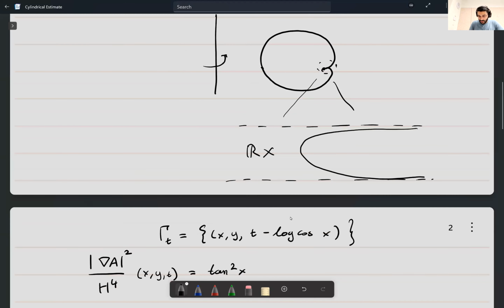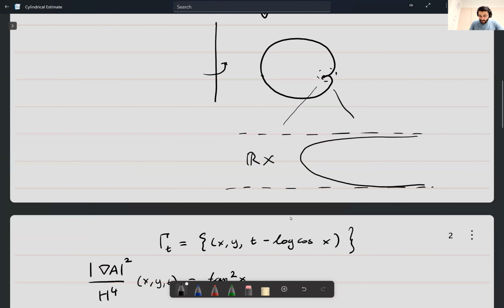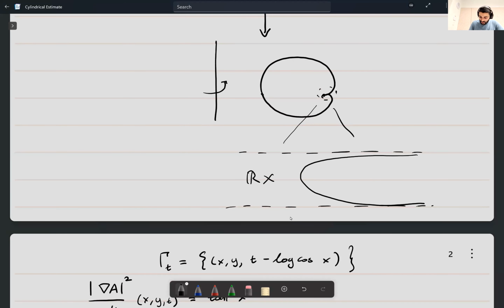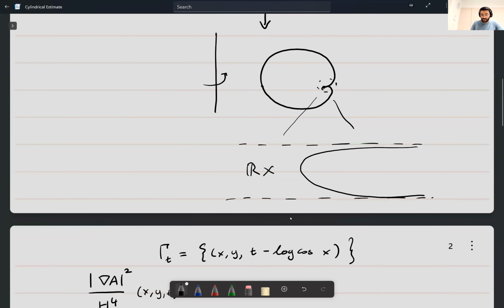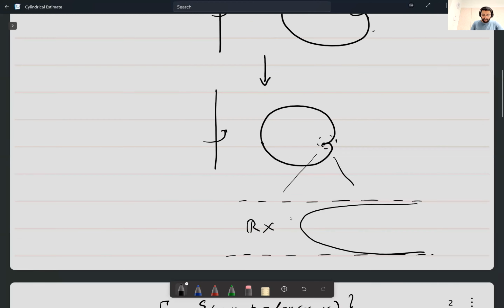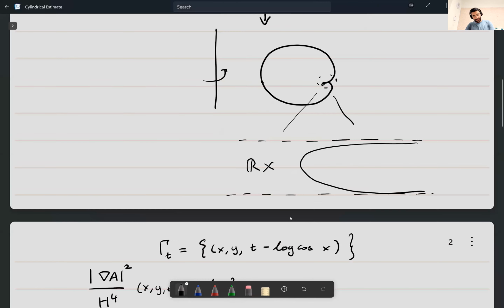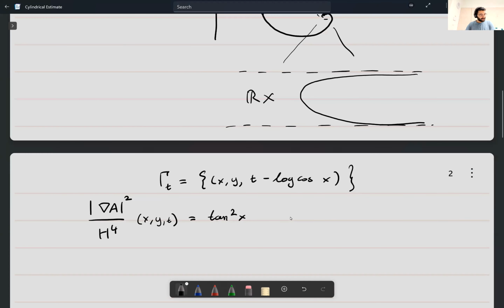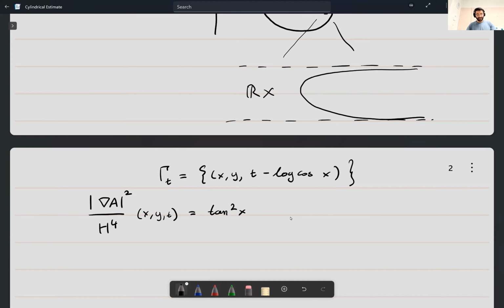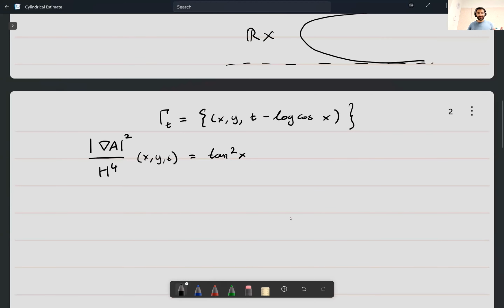So as I look at points along this going off to infinity, you can see the mean curvature is going to 0, and the second fundamental form is going to 0. If I compute this quantity nabla A squared over H to the power 4, it's also going to go to infinity. So the gradient estimate we proved here can't be proven in this case. I'm not really sure if there is some other gradient estimate you can do, but the solution in the situation for n equals 2 is just to assume that our surfaces are